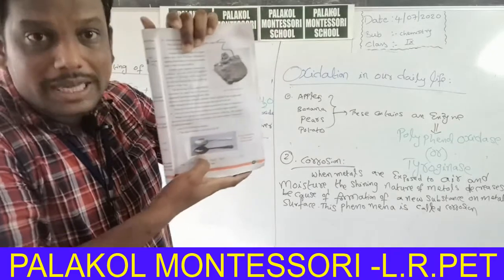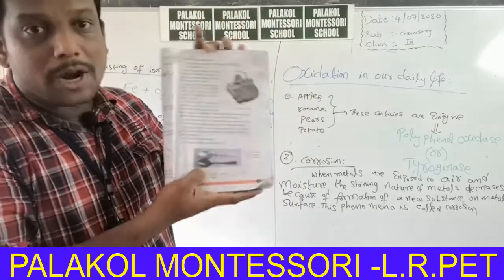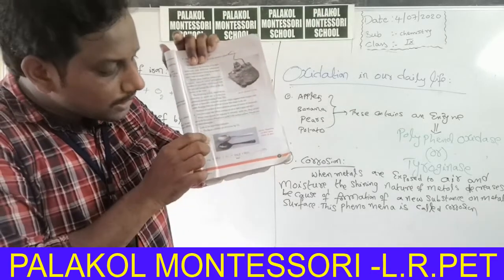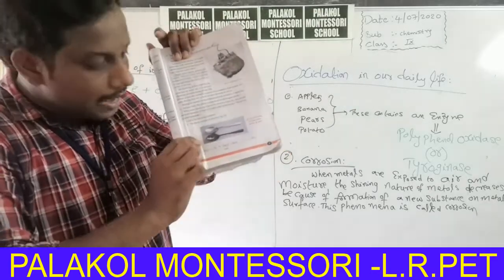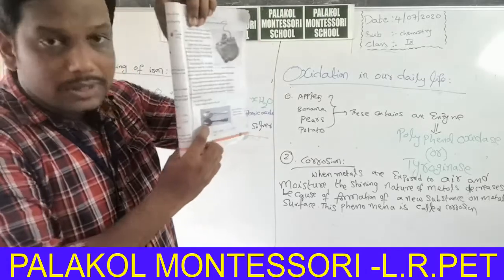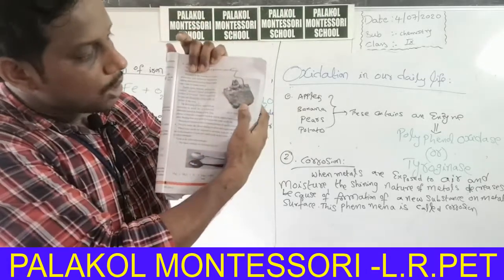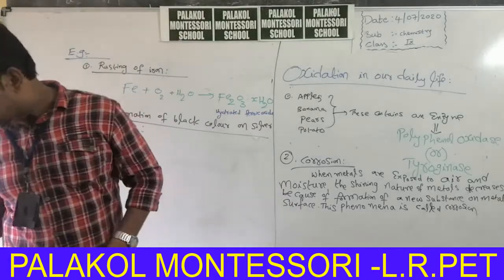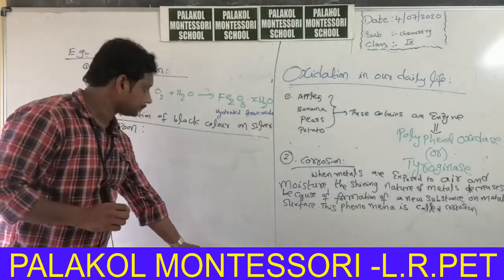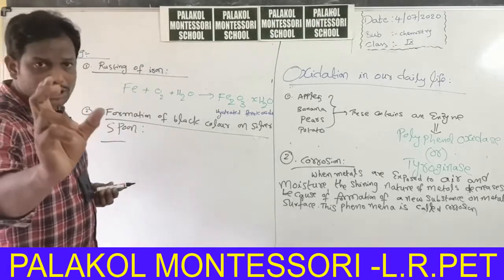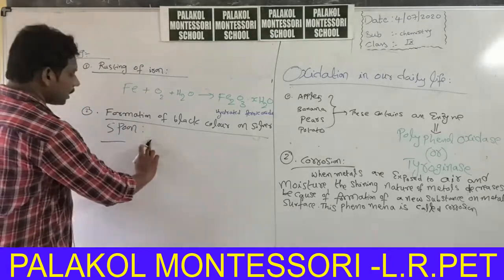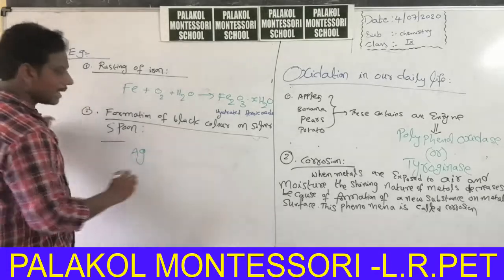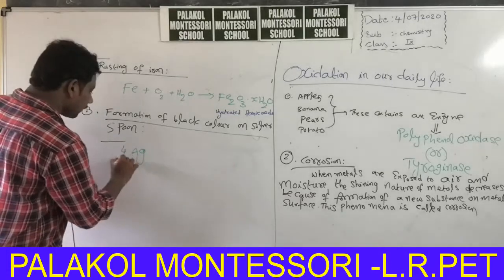After some time, if you use that silver for household purposes, or expose it to air and moisture, it changes its color. When you expose a silver spoon to the atmosphere, silver, chemical symbol Ag, reacts with